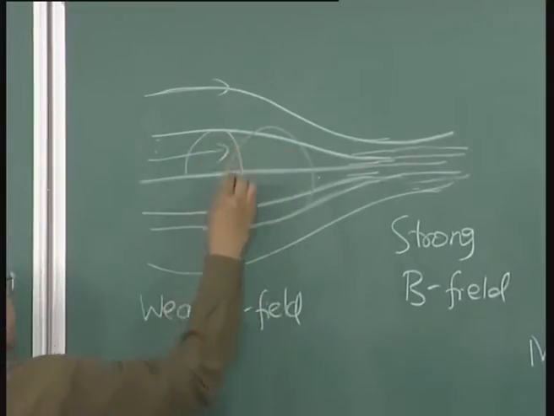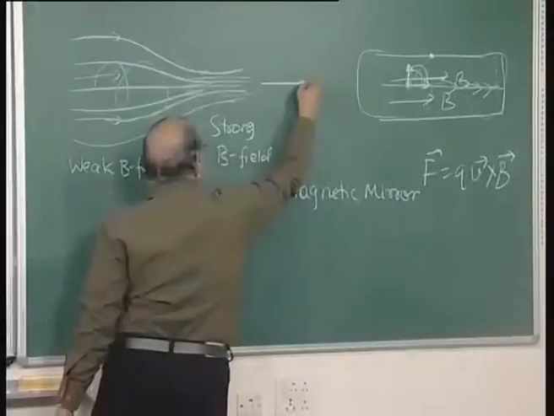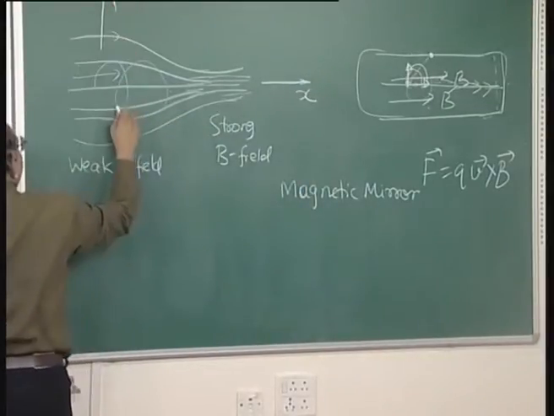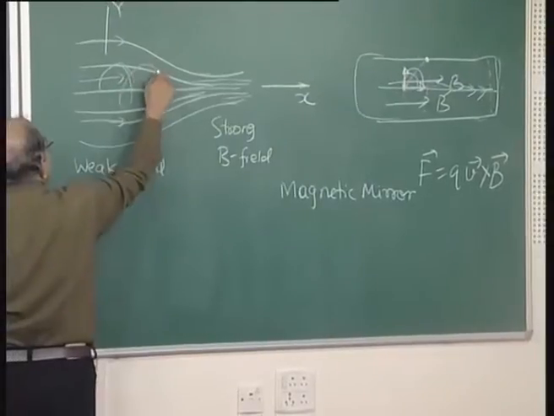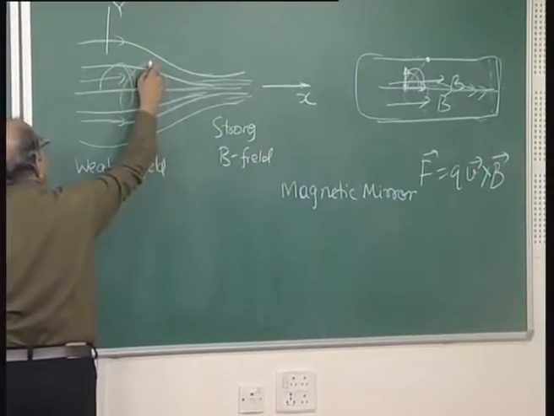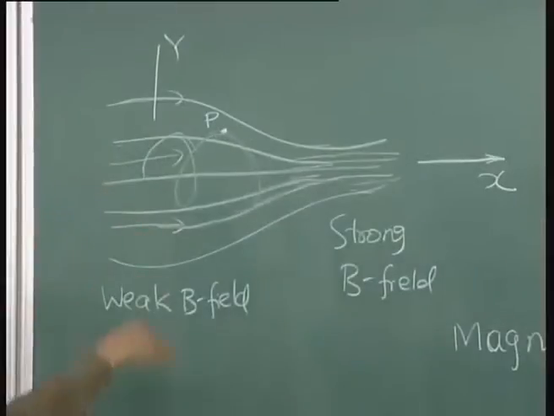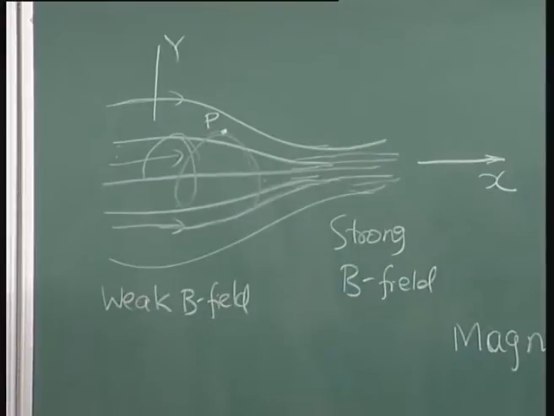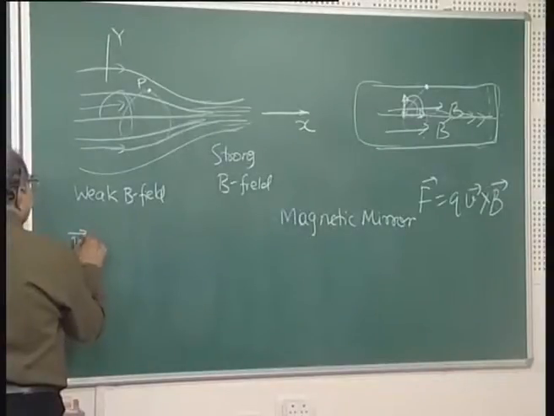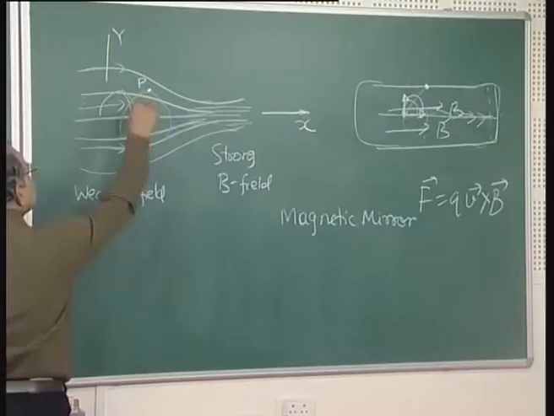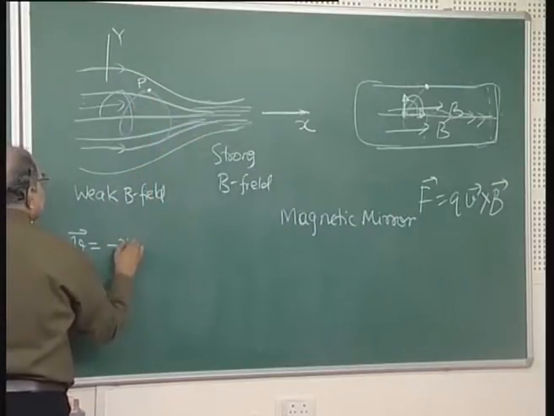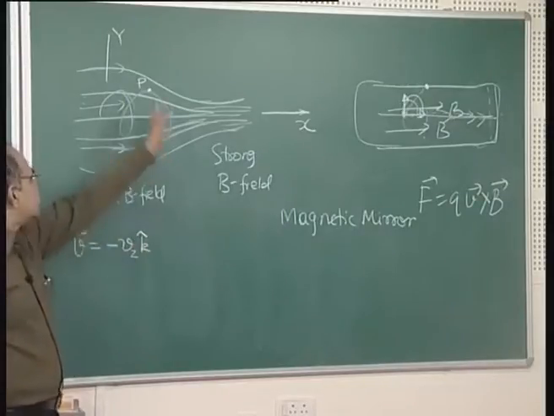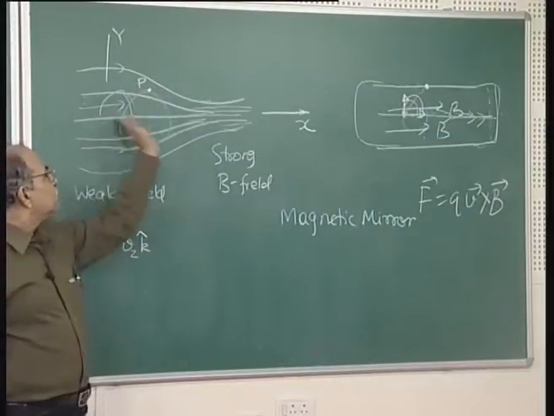So, it has a velocity. Suppose let me take this as the x axis, this as the y axis, and this particle is going like this. Suppose the particle is here, it is going into the board as well as it is drifting towards the right. So, velocity you can write in x, y and z, so minus say v z k cap. This is the velocity component that is perpendicular to this x direction.